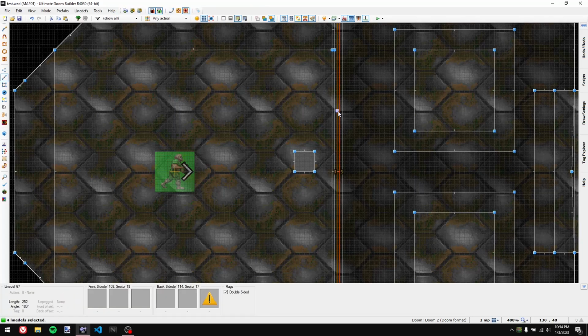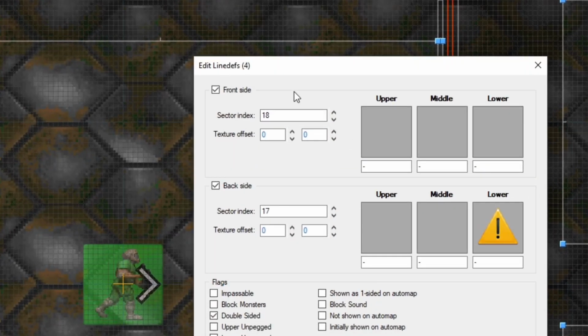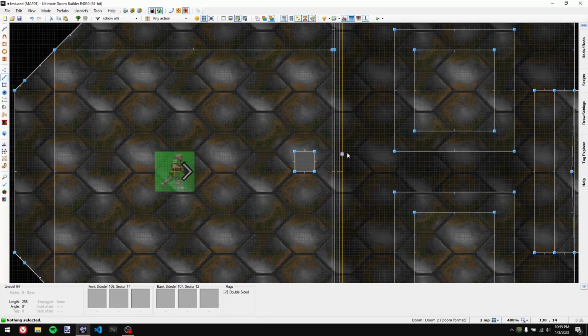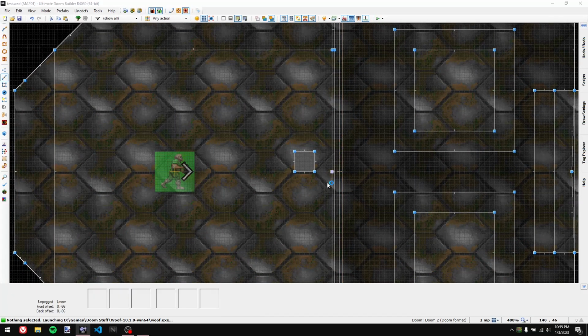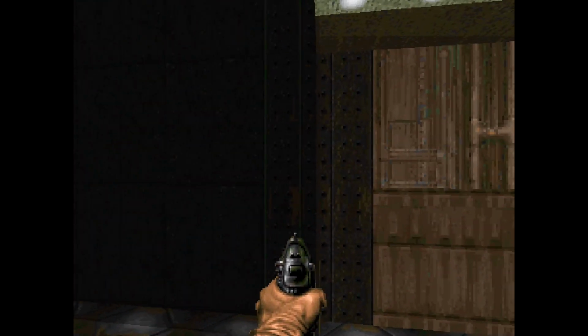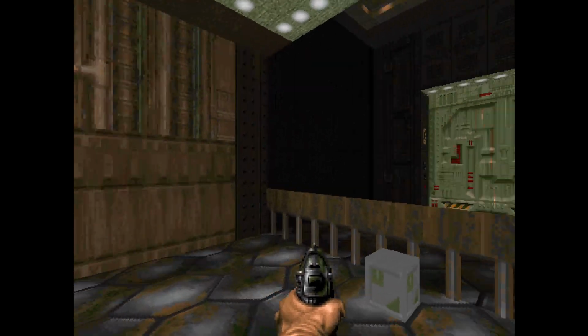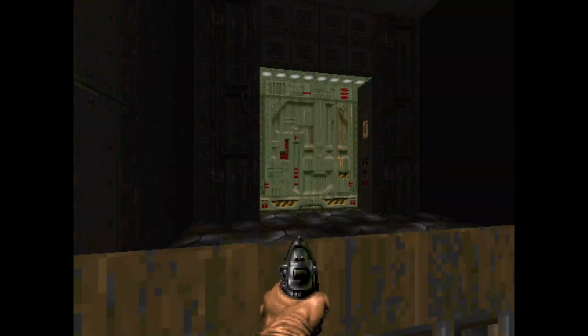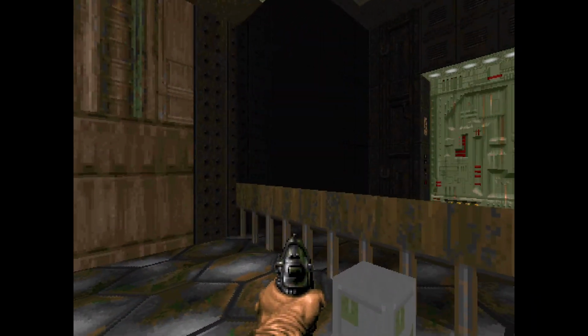In sector mode, switch to line def mode so all your line defs are selected. Edit your line defs and copy the front side sector index to the back side. And now when I go in, no Hall of Mirrors, but I've got a boundary and I can stand on it. I can join this to a sector that's out of bounds and raise and lower its height invisibly if I want, like a